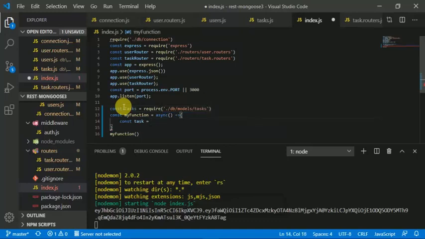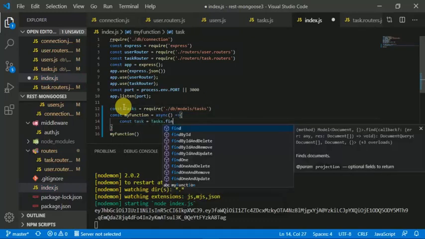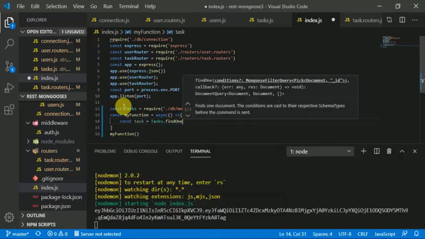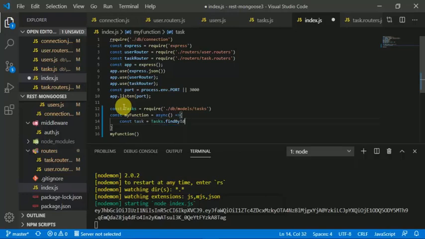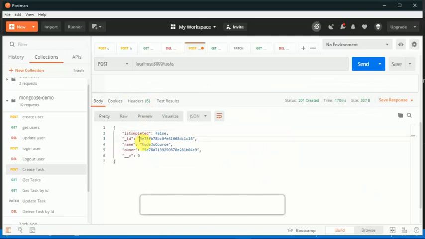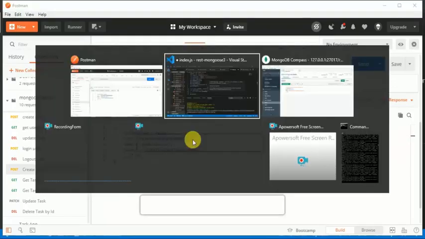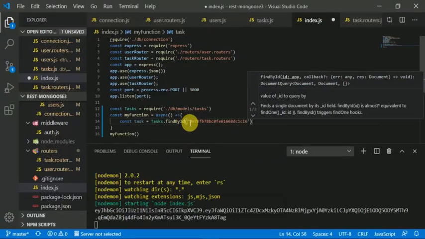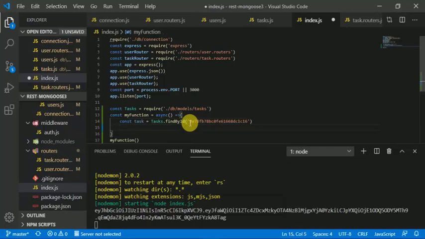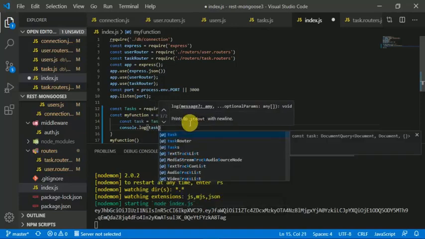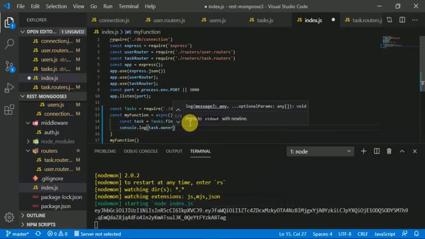Yeah, so task.findOne, and we can find by id, and the id will be this one. So from here we can get the task. So if we want to console log the task.owner, if we console it in here,